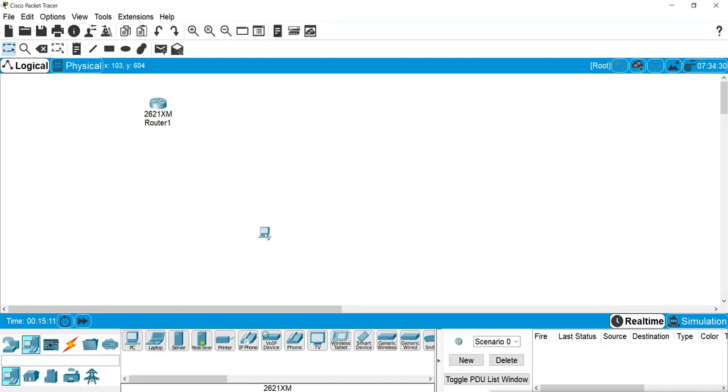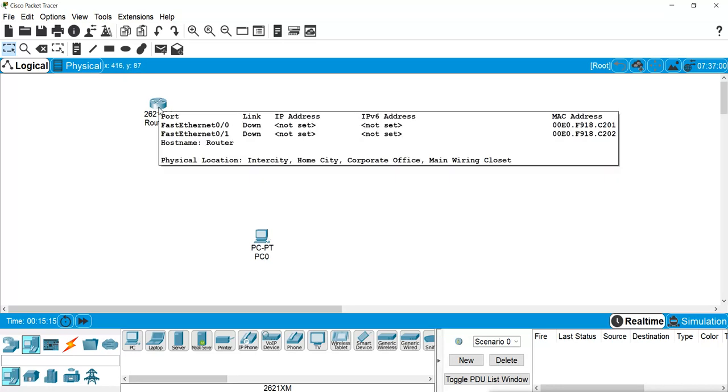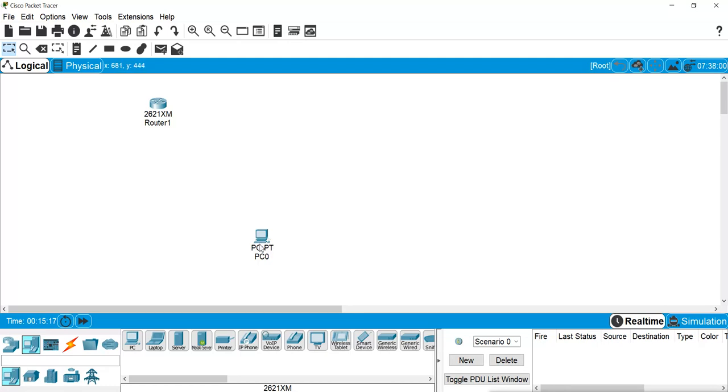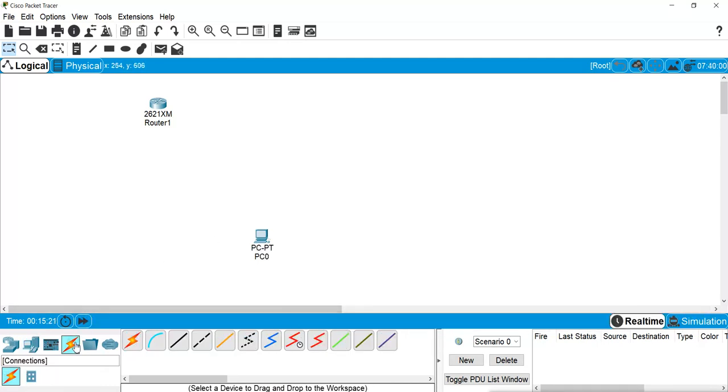Now after selecting the router, what we did the last time, we go for the PCs and we put one PC there, and in that PC we connect the console port from the router to the PC. For that we go to the connections, we choose the cable, that is the console cable, then we click on the router and select the console port, and then from there we click on the machine PC and select the serial port.